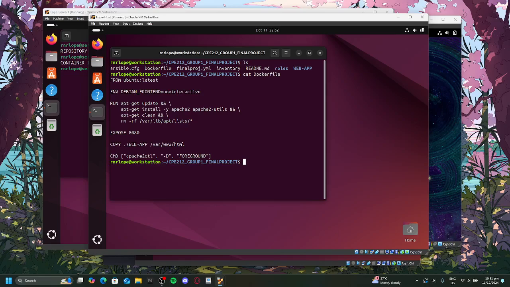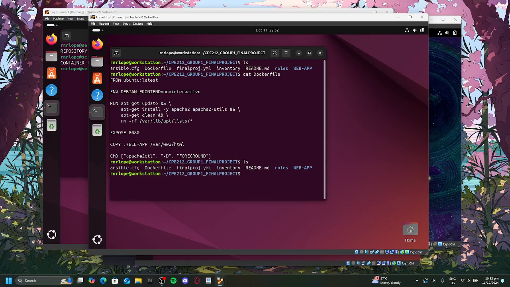We are also setting this Docker image to expose port 8080, and so that it can contain our web app, we are copying the directory for the web app. We also task it to run the command apache2ctl -D FOREGROUND so that it can run smoothly in our Apache2.